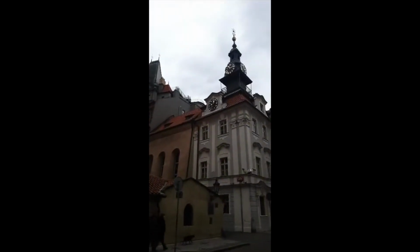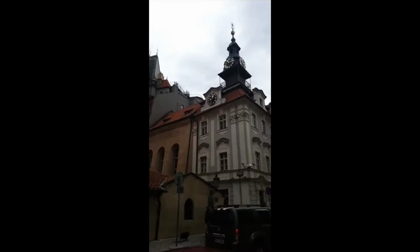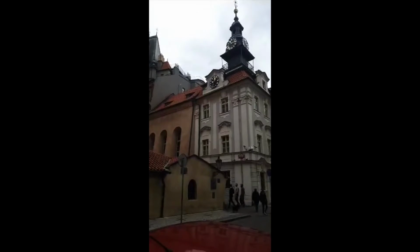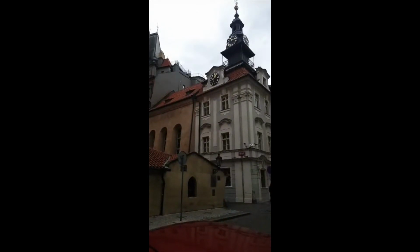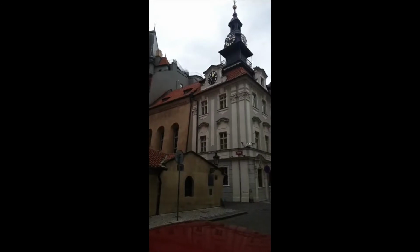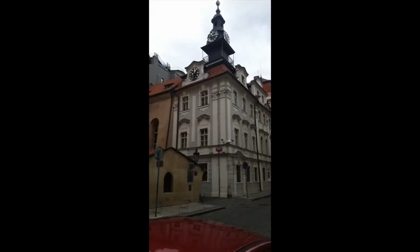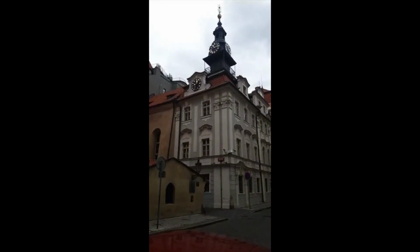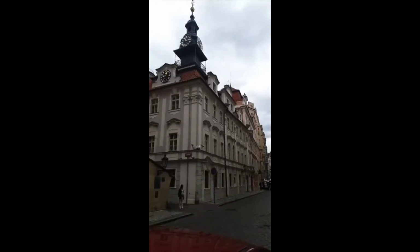Again, this is the Old-New. The Jewish town hall is next to it. You see the gray and white facade. It's a Baroque facade, but the back tells you this was built during the Renaissance time, to be exact, 1567, by Mordecai Mazal, who was a mayor of the Jewish quarter at that time. Now on top you see two clocks. Yeah? On the Baroque spire you see,